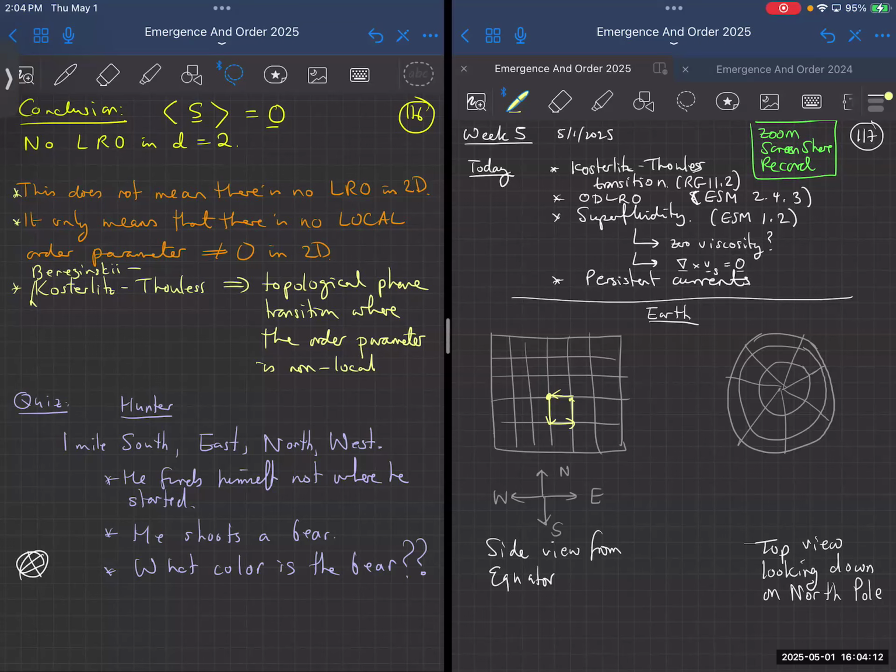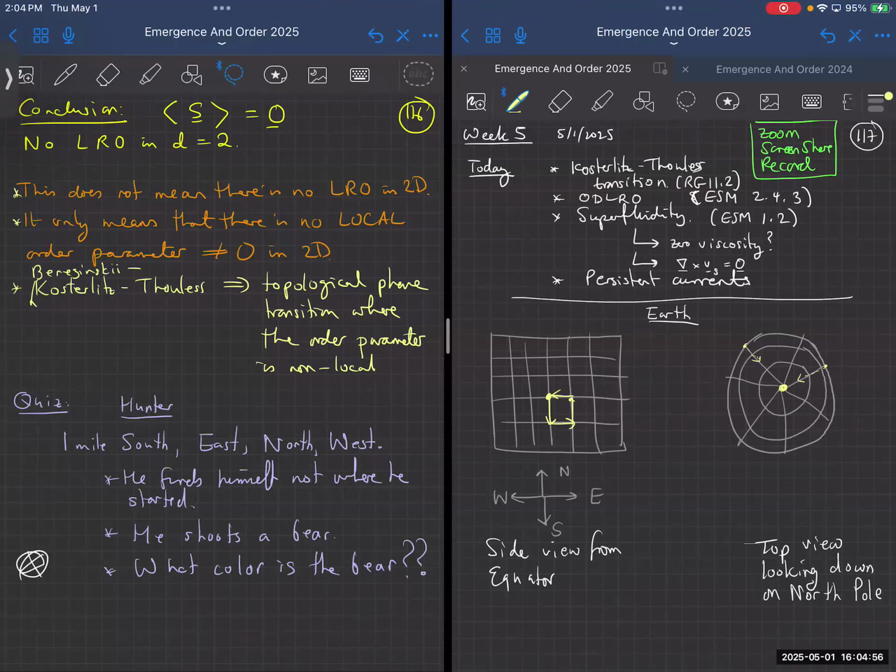If we look at the Earth, it is roughly a sphere, and there's a particular place called the North Pole. If you go on the surface of the sphere towards the North Pole along a line of longitude, you will end up at the North Pole. So if we look at the North Pole from the top, and I start off here at the equator and go north, then I'm going towards the North Pole. If I start over here at the equator and go north, I'm going in a different direction in real space, but as far as the geometry is concerned, I'm still going north.